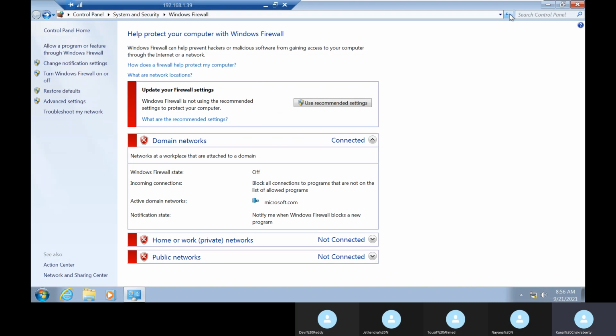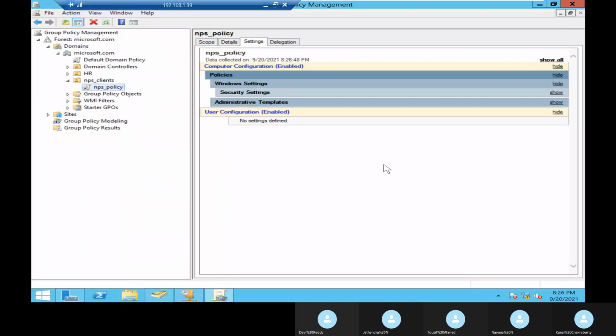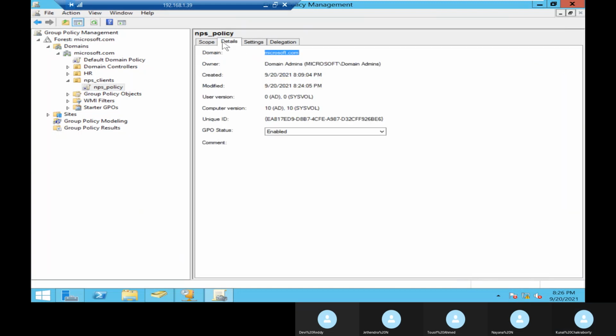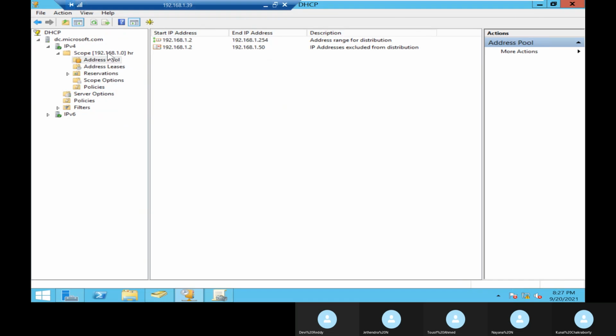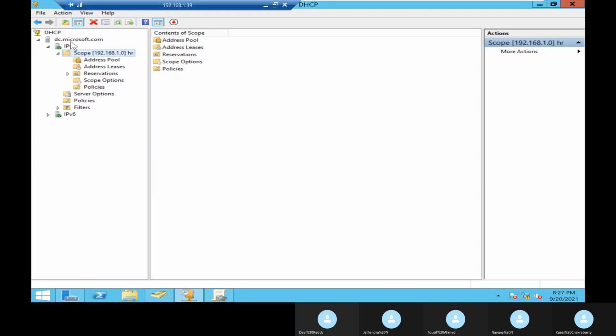Okay, so what is the problem? Let's see. Everything is given, but still it's not working. Check the LAN segment.